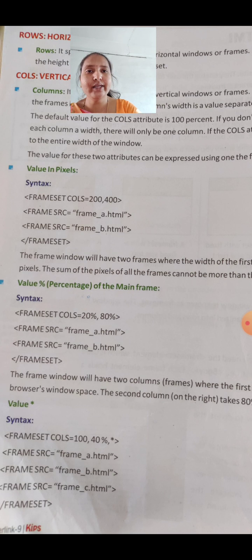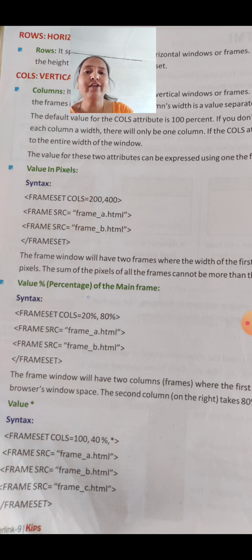For that we are giving values for the frameset over here, that is frameset cols 200 comma 400. And for frame src, we have to give in which web page window we are creating the frames, so we give the name of the file over here.